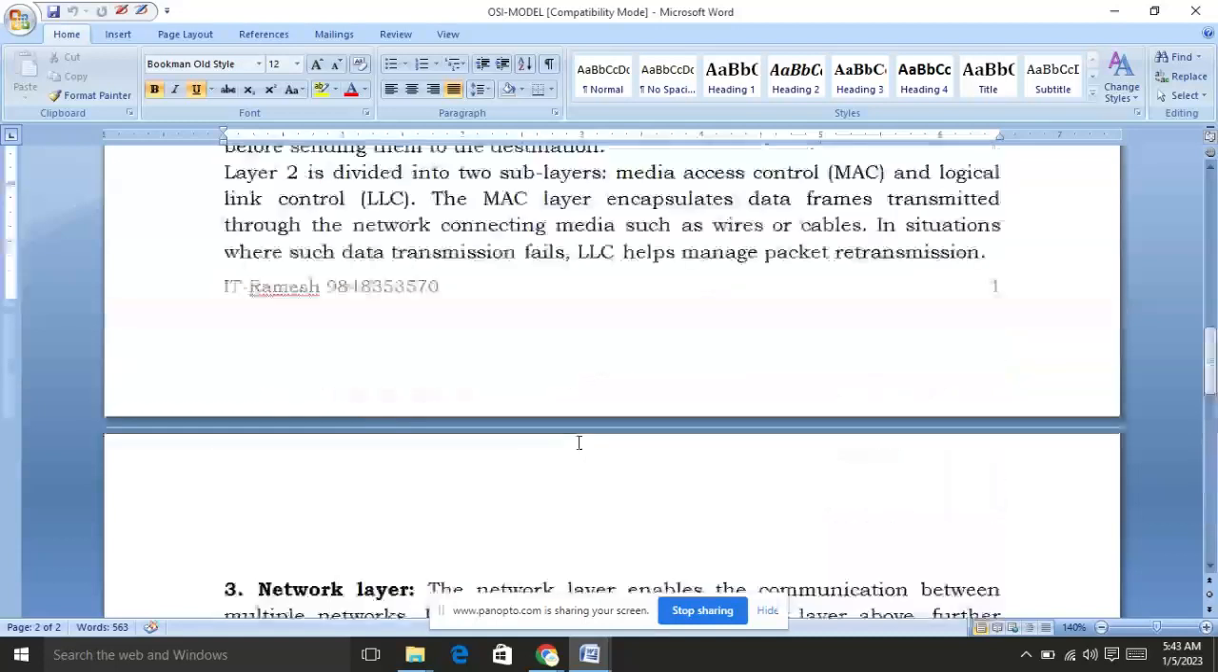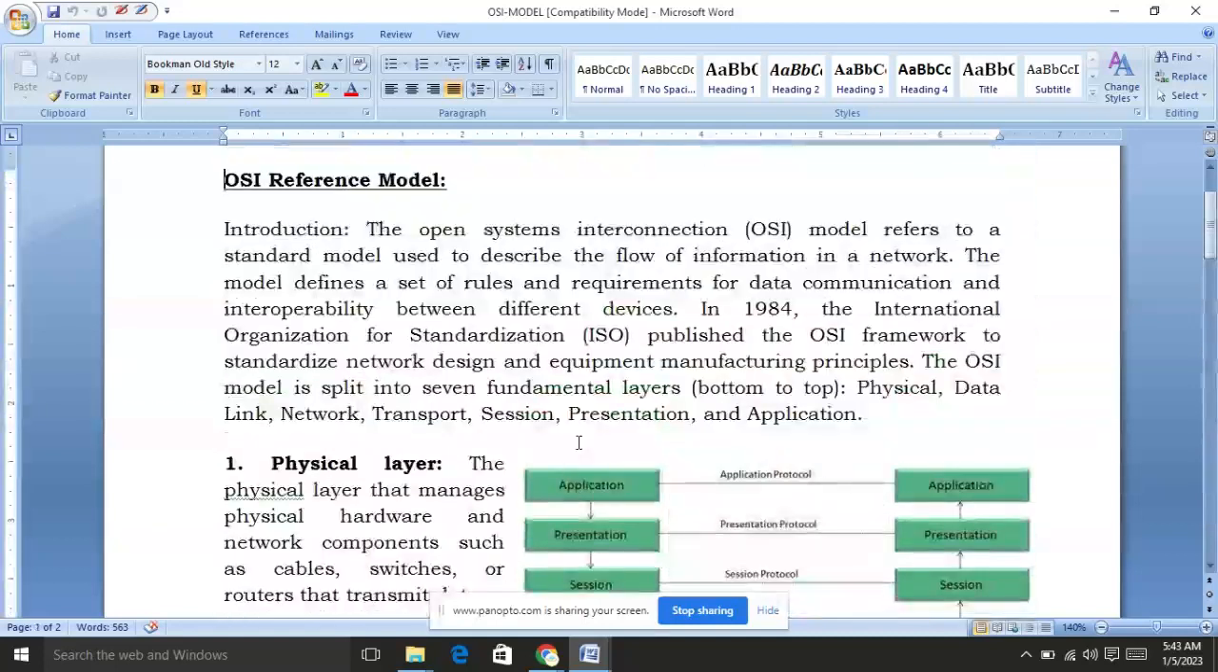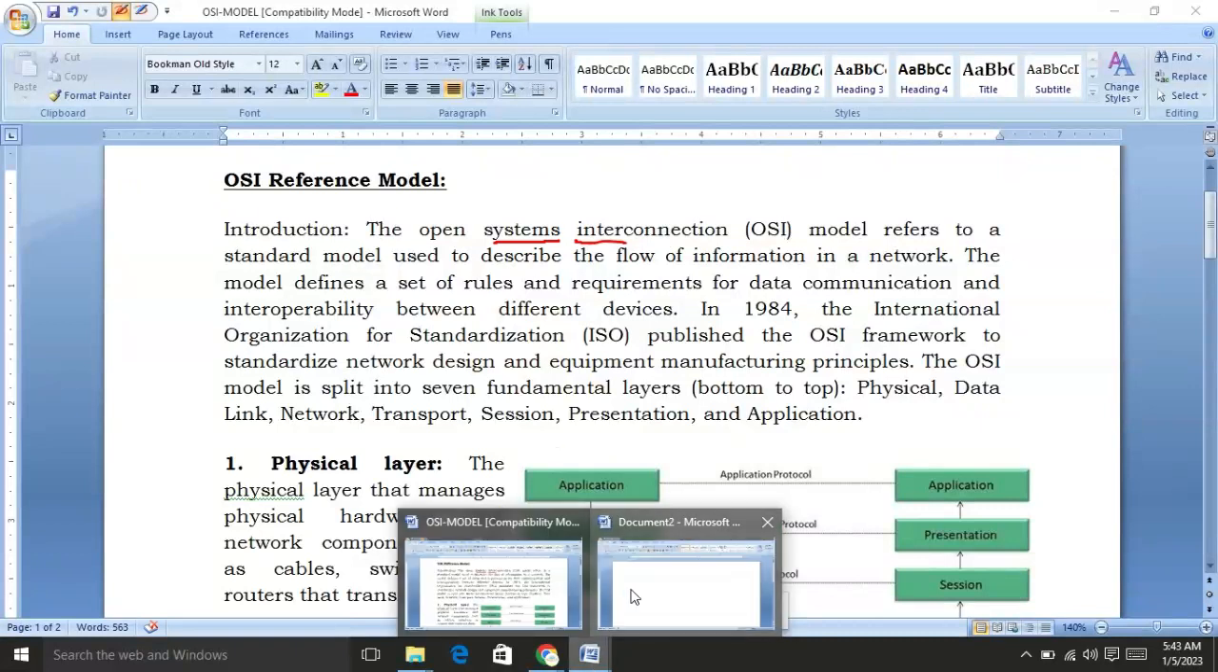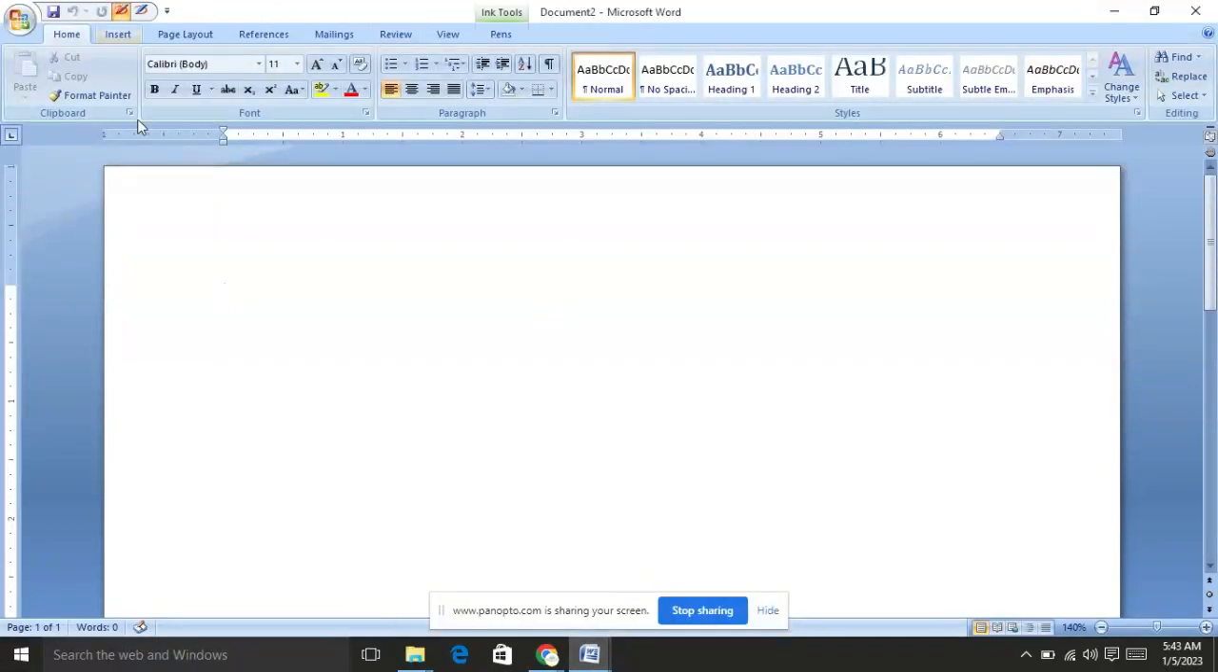We are discussing the OSI reference model in computer networks. Now I am going to write certain notes for the OSI reference model and I will explain every point here. OSI reference model means the full form is Open System Interconnectivity Reference Model. Open System Interconnectivity. What is the meaning of open system interconnectivity here? Suppose we are going to